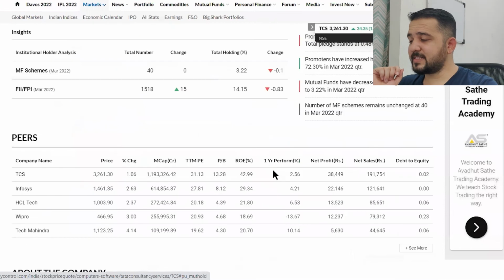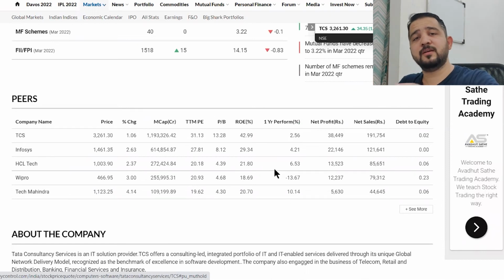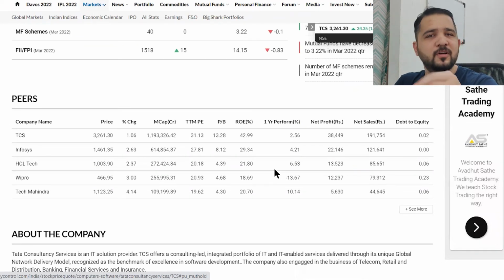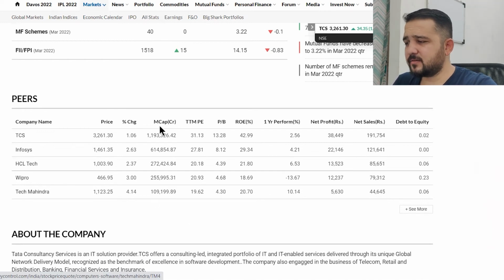Now next is the peers section. A very important aspect of fundamental analysis is comparing the company to the other players in the same industry. Without peer analysis you would not know if the company is good, that's good, but compared to other competitors in the same market, how is it doing? So in this section Money Control gives you a direct list of the top competitors in its market with price, market cap,